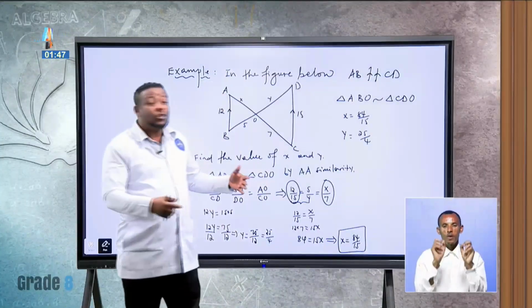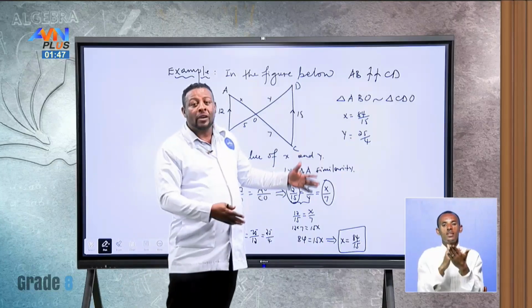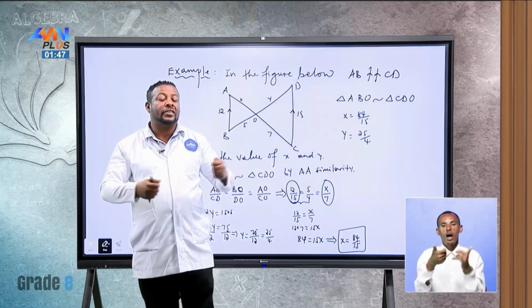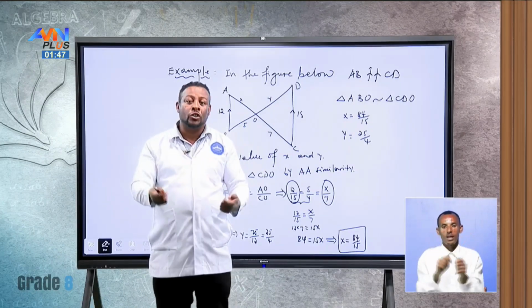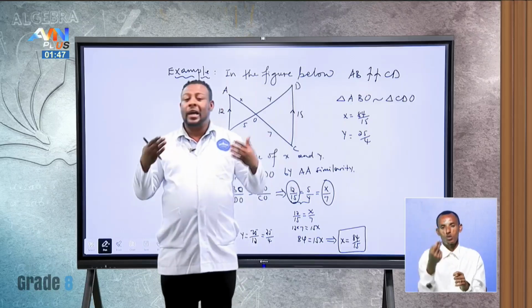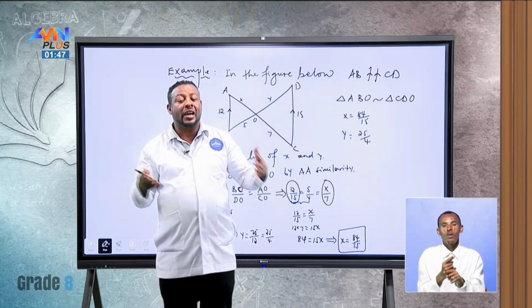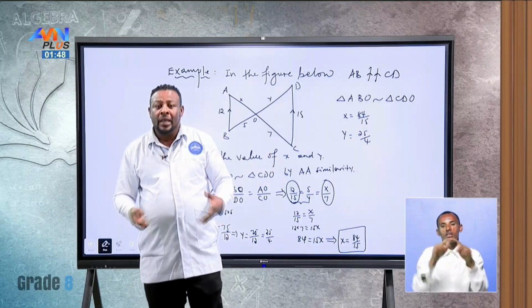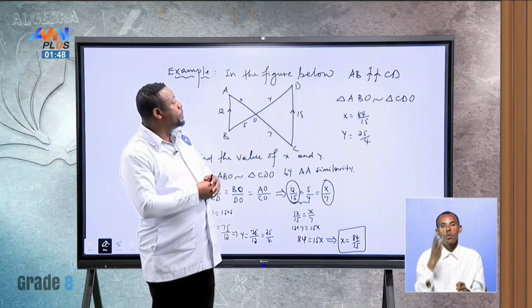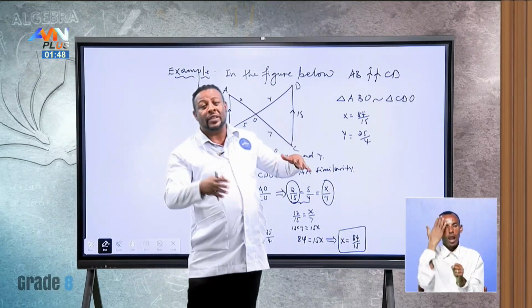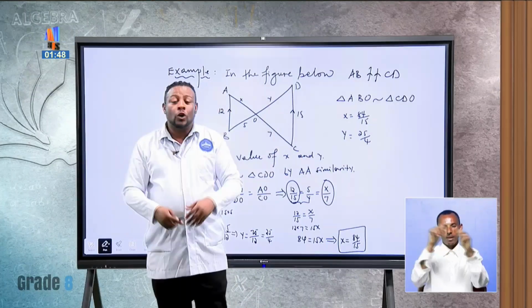Okay, this is all about today's lesson. So far, we have seen how we can check whether two triangles are similar or not by applying angle-angle similarities, and we have proved certain facts regarding triangles, and we were also able to find some unknown sides of certain similar triangles. So this is all about